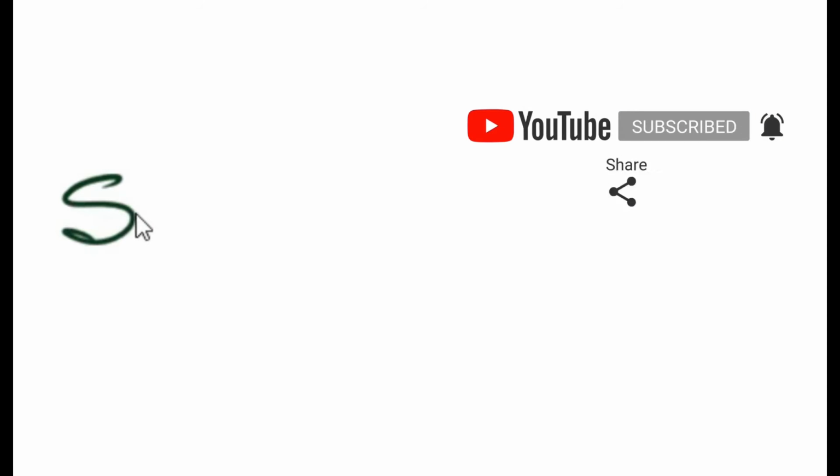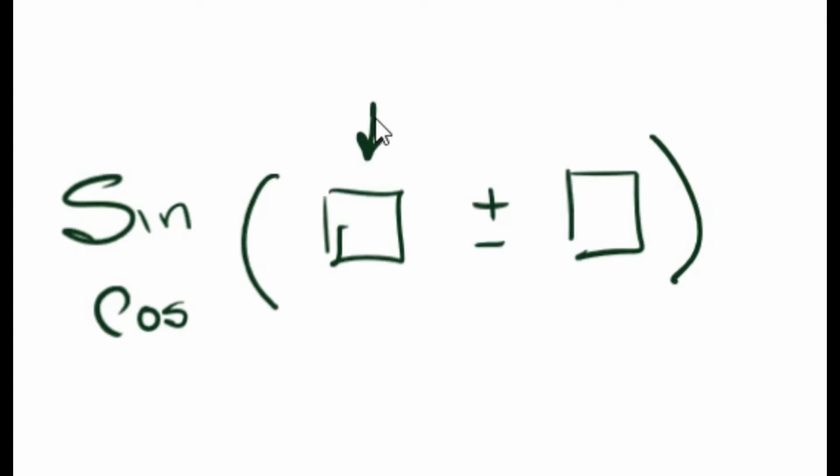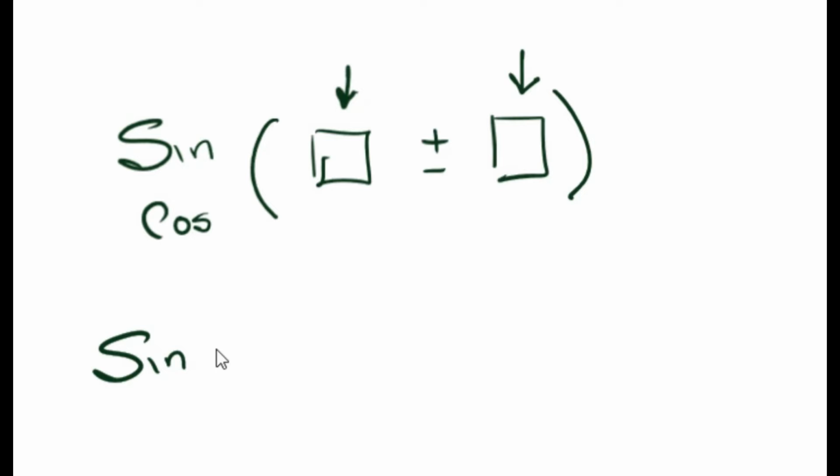Another identity that you need to learn is compound identities. The concept works in such a way that you have sine or cos, and in the bracket there is something plus or minus something, and you close the bracket. As long as you can fit something in here and something in here, it works as a compound identity. One thing you also need to remember about compound identities: if you have sine (A plus B),